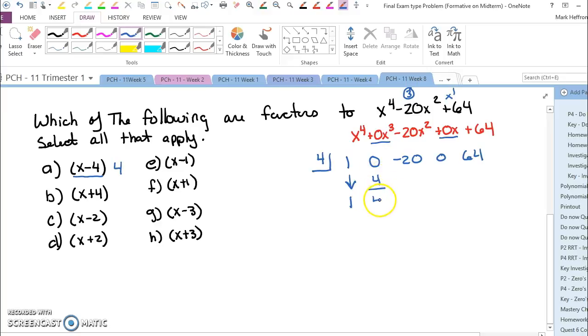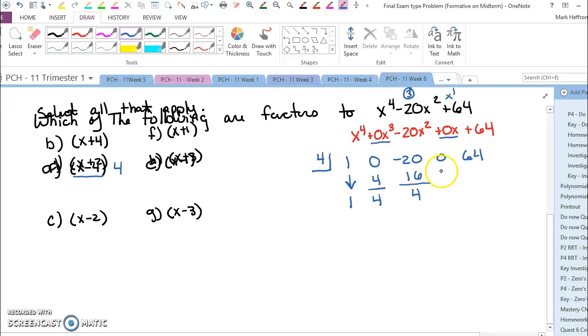4, 16, 4 times 4 is 16, 4 times 16 is 64. I was so close that I looked back and realized that negative 20 and 16 was a negative 4,